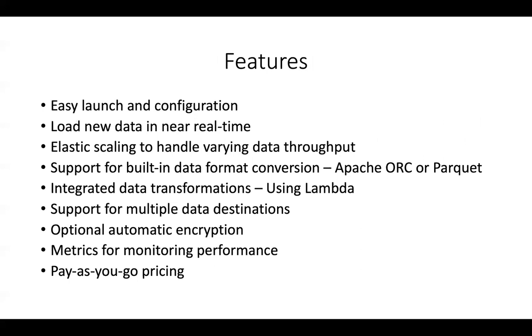Some of the features that we've got to remember regarding Kinesis data Firehose is that it's pretty easy to launch and pretty easy to configure. There are very few configuration items that you have to do. You can load your data in near real time, which is 60 seconds minimum wait time. It automatically scales to handle all of your varying data throughput, irrespective of whether it's 10 GB of data that you're sending or 300 TB of data. It also supports built-in format conversion using AWS Glue, which we saw with QuickSight and Athena, right? With the cost analysis that is part of the real-time scenarios section.